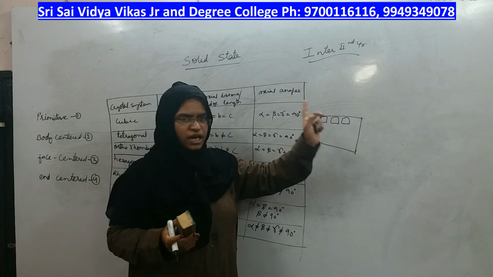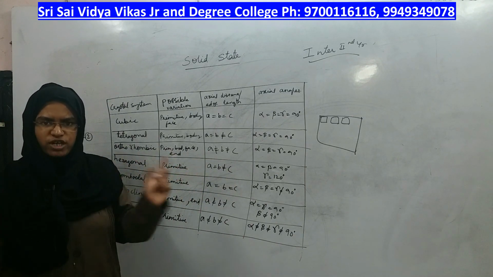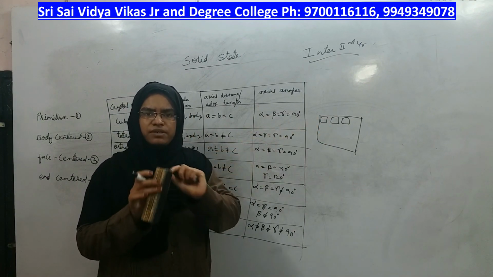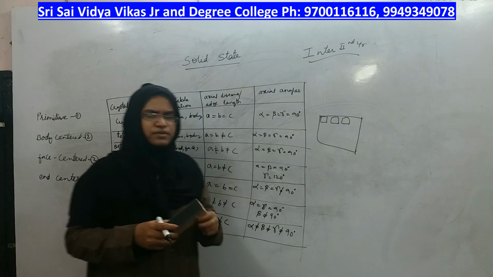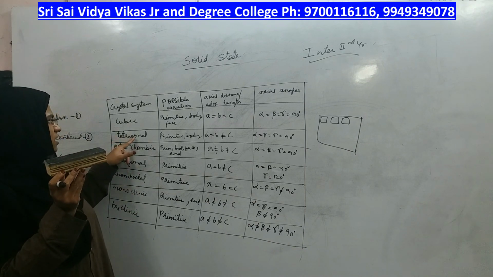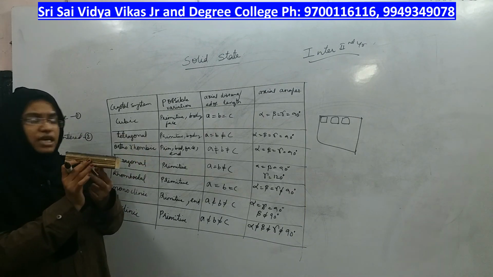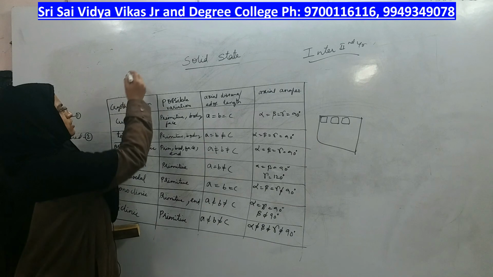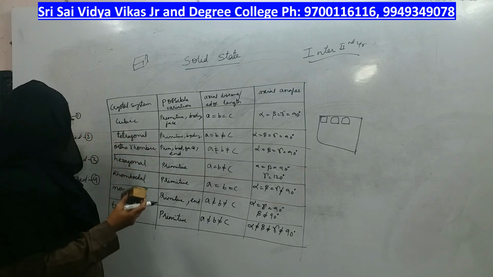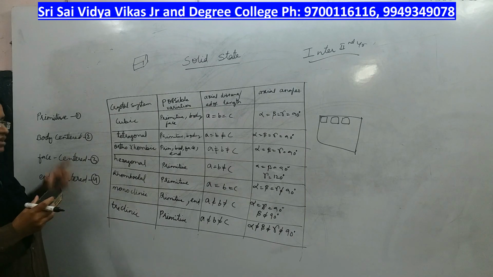The same box having the same dimension gets repeated in the total solid, whether the solid is 1 gram or 100 grams or whatever it is. The unit cell, the small box which I have taken, has the same dimensions throughout the crystal, right? Whatever may be the shape of the solid, this is a rectangular kind of thing, we can call it a tetragonal arrangement. The solid I am taking here, a duster, has the shape of tetragonal. We have also seen the shape of cubic, right? These are just the shapes of the crystal, but inside any solid, what are the dimensions of each unit cell, that we will see, right?